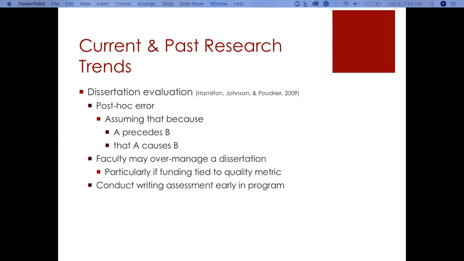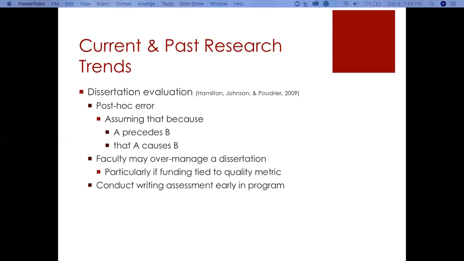And sometimes those metrics can include the quality of a dissertation. So if there's any kind of discretionary funding tied to a quality metric, it's pretty much guaranteed that there's going to be a focus on that metric. And so if dissertation quality is one of those metrics, there could be a tendency for faculty to overmanage the